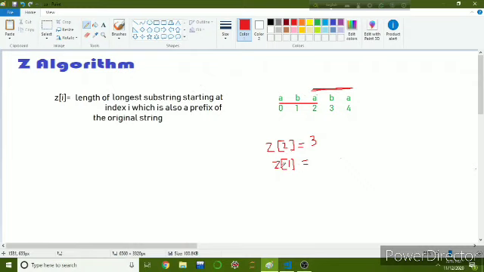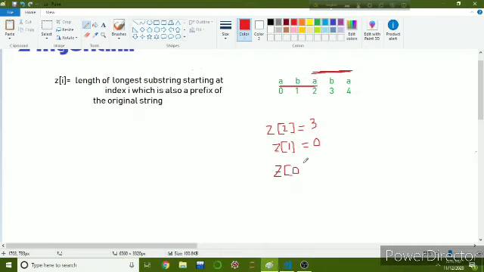So we can say that Z of 1 is 0. That means the length of the substring will be 0, or the substring is not present. So now what will be Z at index 0?